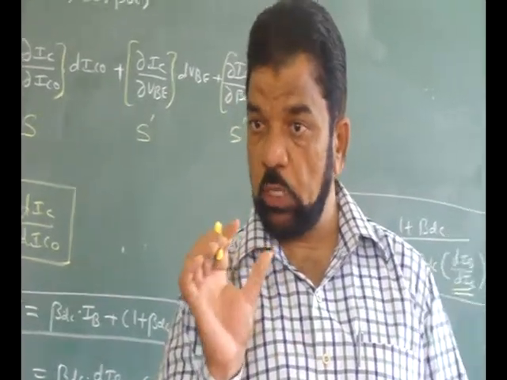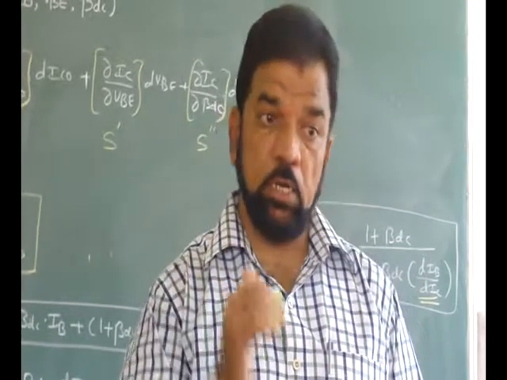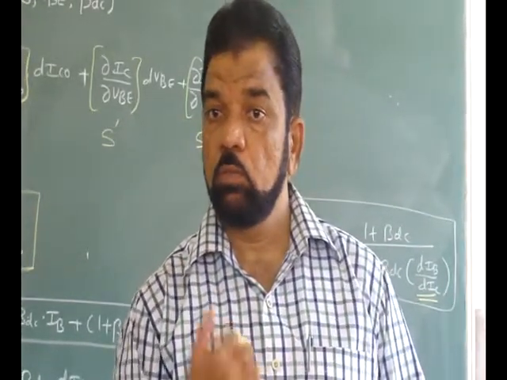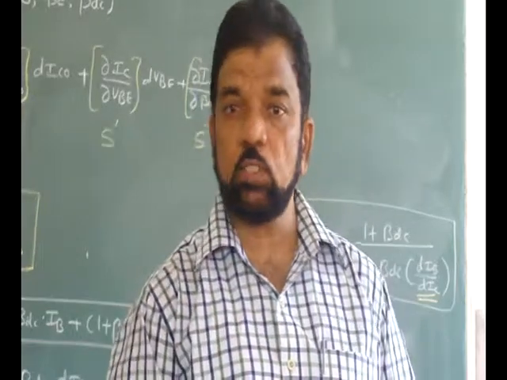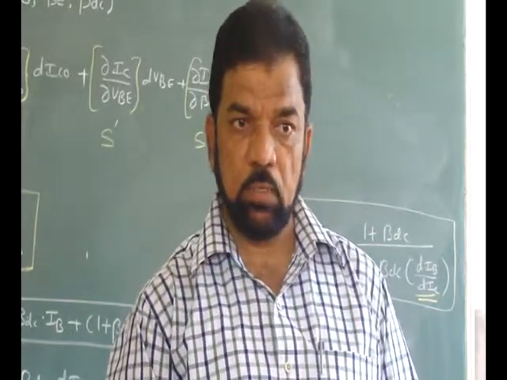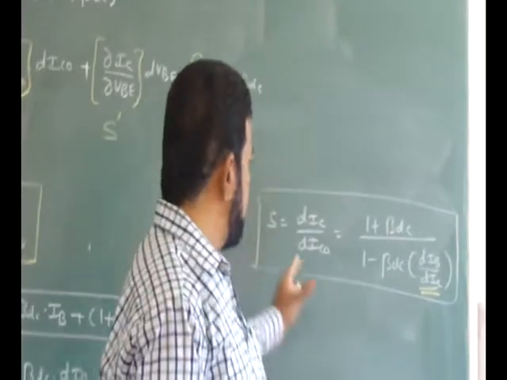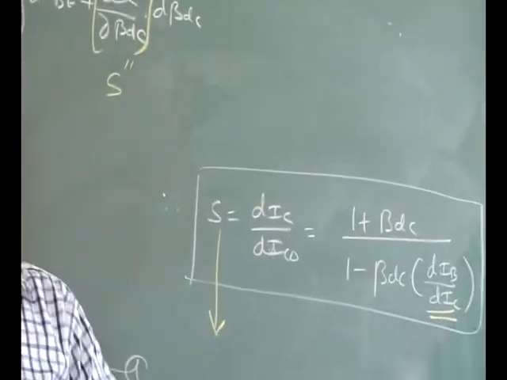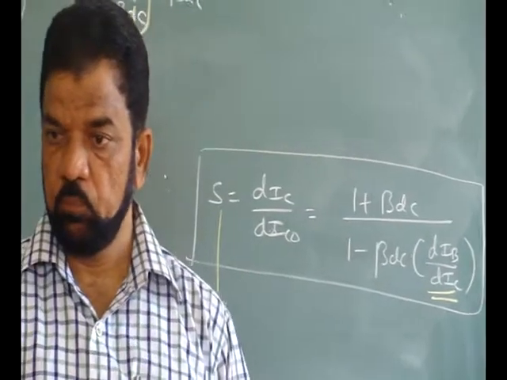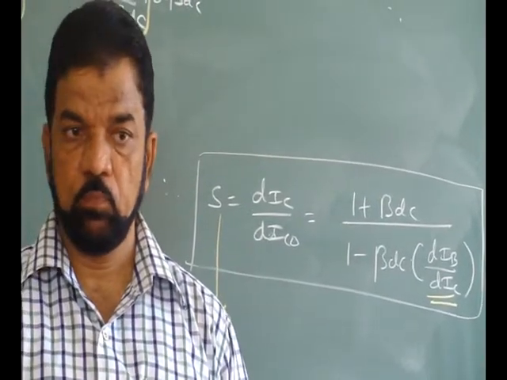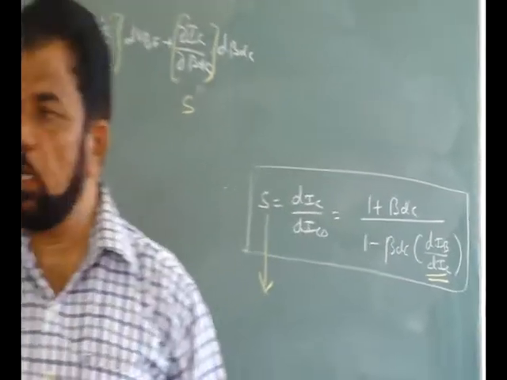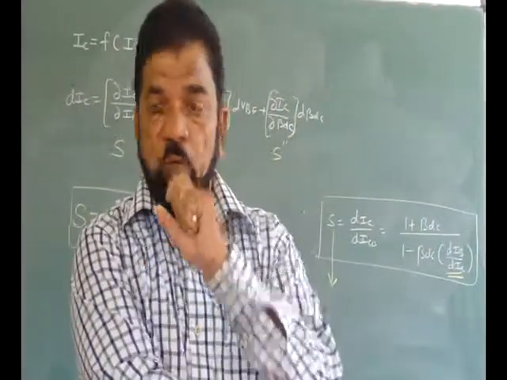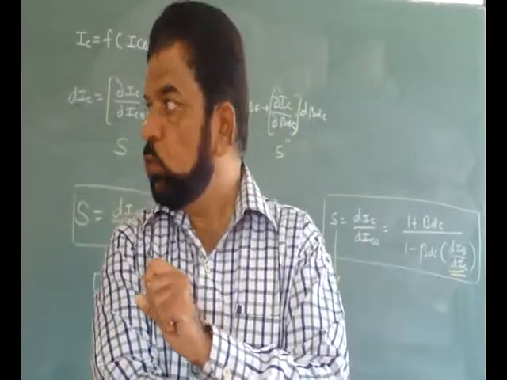There is a little bit of confusion. What we require is more stability. Stability of the circuit should be more. So the immediate response would be that S should be more, right? But if you go by the S definition, the S value should be as small as possible. So with this background, if we have biasing circuits now, we have to take care.